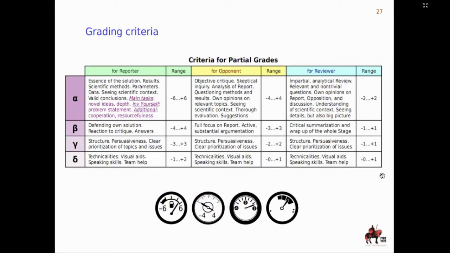Gamma is related to the skills and achievements of the teams to be structured and clear, to have a clear prioritization of topics and issues, and to be able to deliver a persuasive message. And delta is related to technicalities, minor points, visual aids, speaking skills, and team help. Okay,